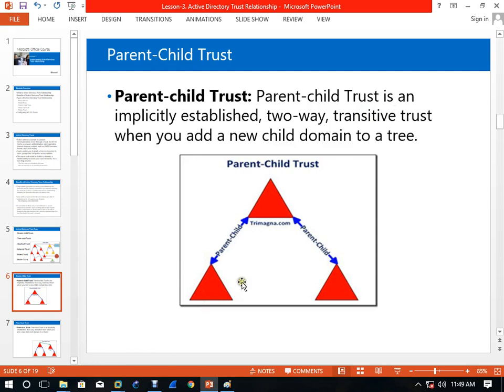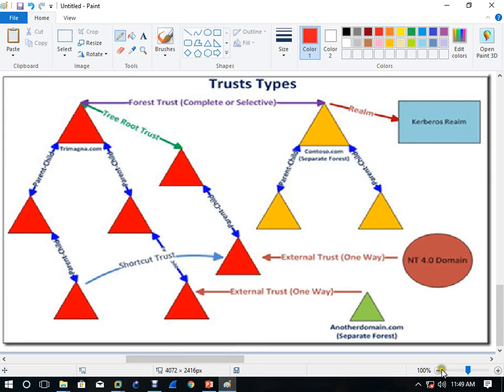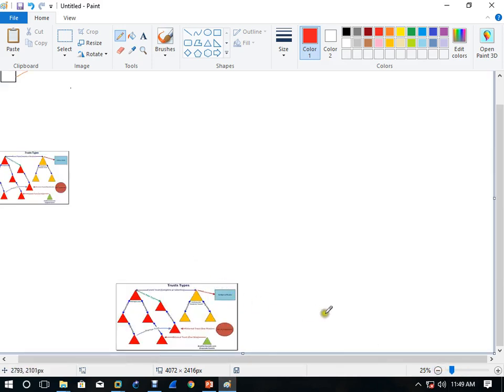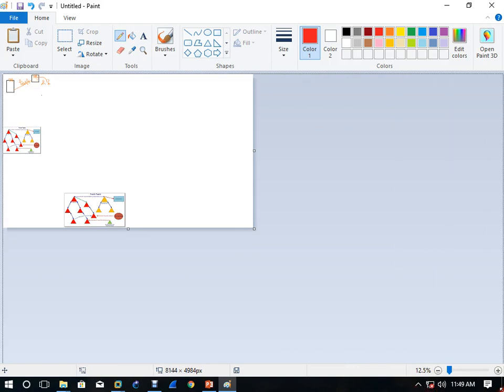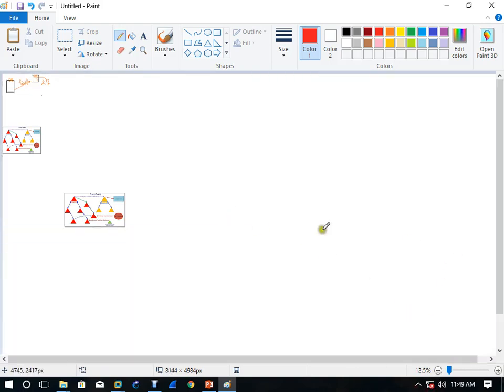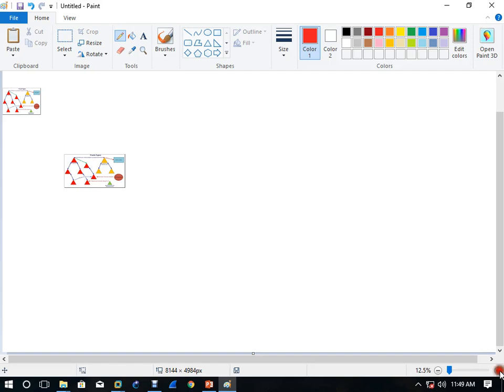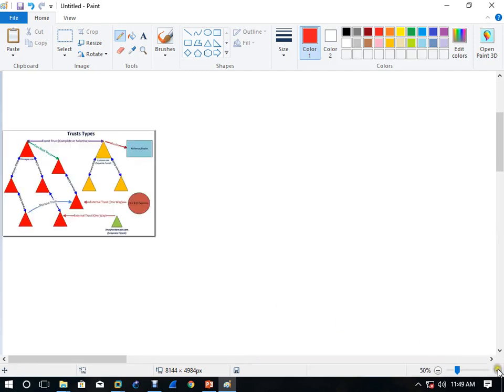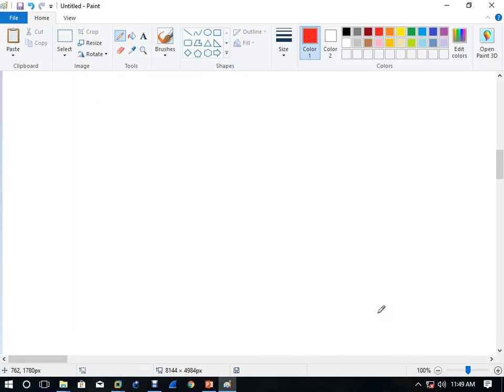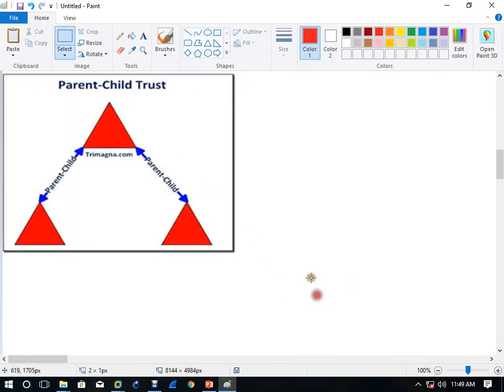Transitive trust means, see, this is a child, so the parent already has a relationship with the child, right?